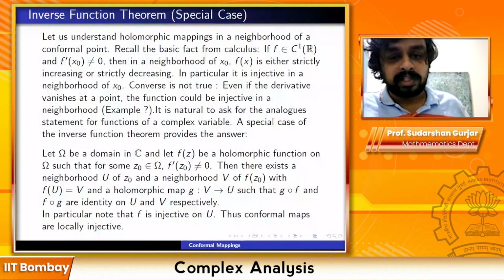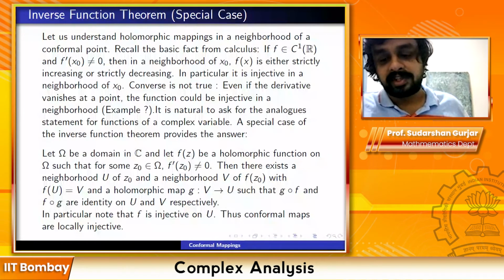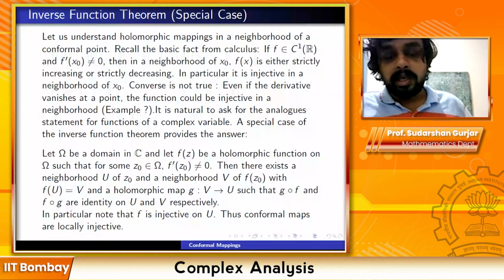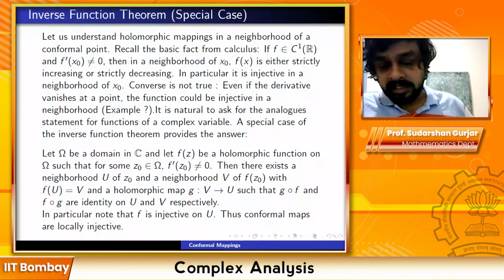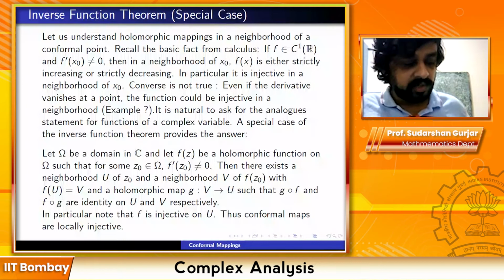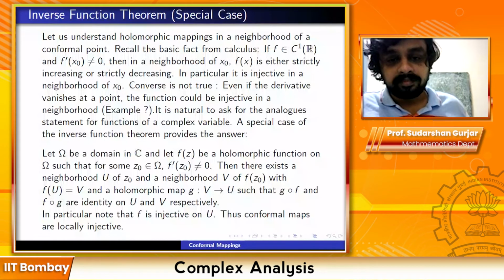And this is consistent with, for example, what we know about the exponential function. The exponential function is not injective because e raised to z is the same as e raised to z plus 2 pi i n. But locally it is injective. Around any point there is a neighborhood I can take, not so little in fact, I can take a neighborhood of radius 1 for example, on which the function is always injective. So the exponential function is locally injective, and this is true of every conformal function. Every function which is conformal at a point is locally injective, in fact locally invertible.